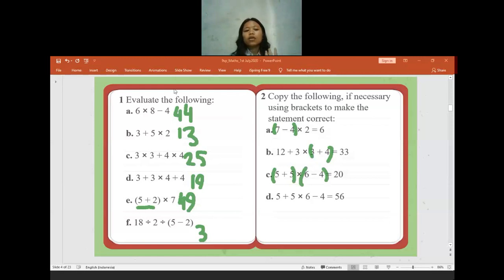If you get confused how to solve it, you need to try it one by one. There is no certain method to finish it. The only method is you have to try it one by one. What if I put a bracket around 6 and 4 and then I try to calculate, and if it is not matched, then I have to move the bracket to another place, because there is no exact method. It's only trial and error. Whenever you already put the bracket, just try to calculate. When you calculate and the answer is not matching, it means you put it in the wrong place. That's it. Is there anyone have difficulties?